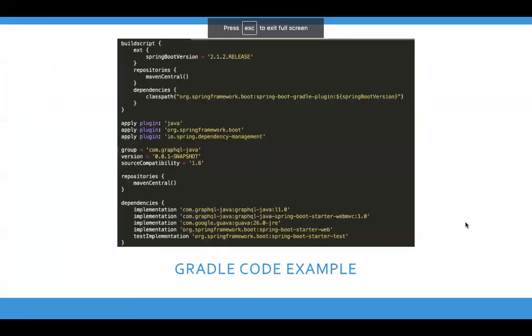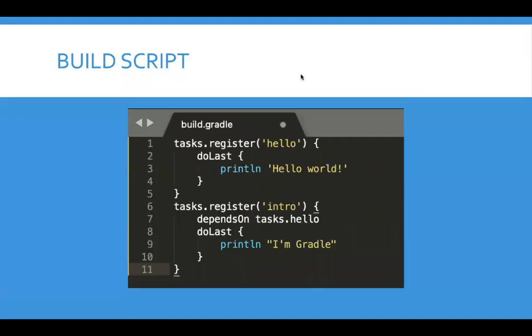Okay, so this is the Gradle code example, how a simple Gradle file looks like. Here we are having the build script. If we try to understand it, the build script is just a piece of code in which we can define any custom things we want Gradle to do. It gives us power to use and define customizable tasks, and how you can build your customized task. Like earlier we saw the tasks that were given by Gradle, but we can define our customized task also. This is the syntax how we do it.